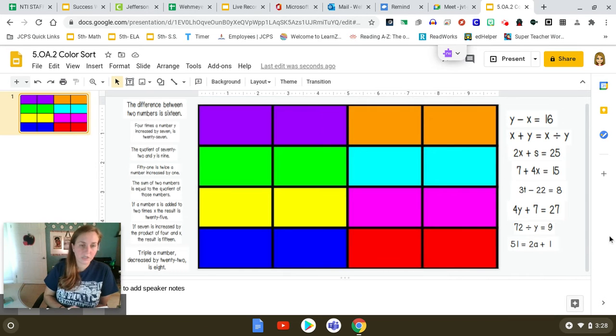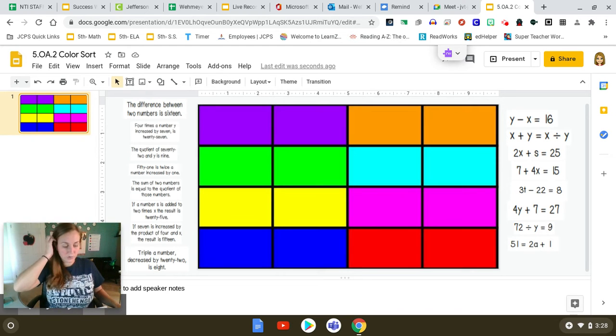All right, so we're continuing our standard 5.OA.2 this week, and we are talking about writing simple expressions that record calculations of numbers and interpret numerical expressions without evaluating them. And if you recall, evaluating means that we are solving it. So we are going through these problems without actually solving them. We're just interpreting them, and we're taking mathematical expressions that are written in word form and writing them in numerical expressions, which is number form, or we're taking numerical expressions, which is number form, and translating them into written expression